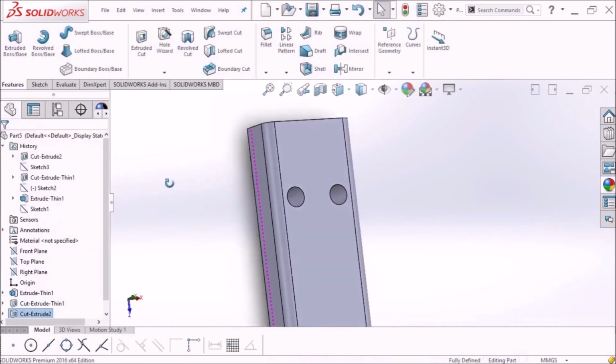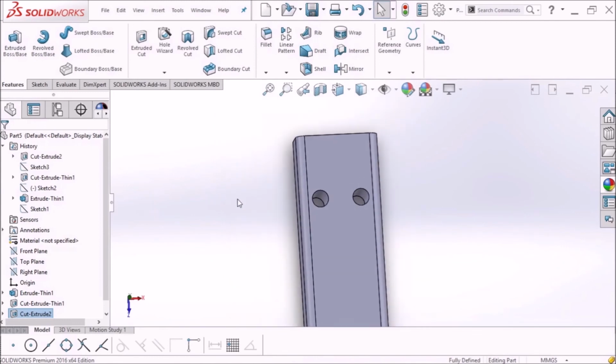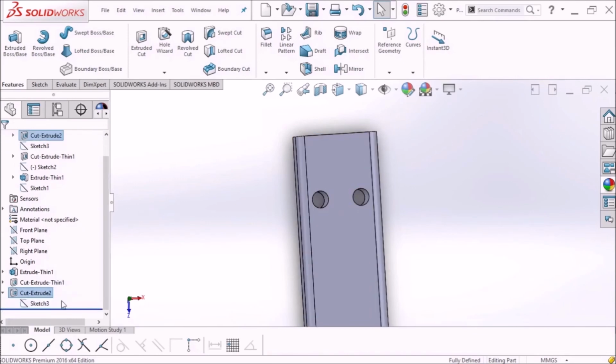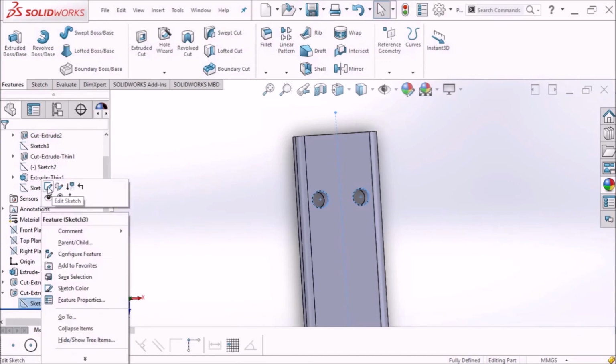So you can see the hole has been created. Now think we did some mistake and we want to put the hole more towards the center line. So to change the orientation of the circle, go to the sketch, click edit sketch,